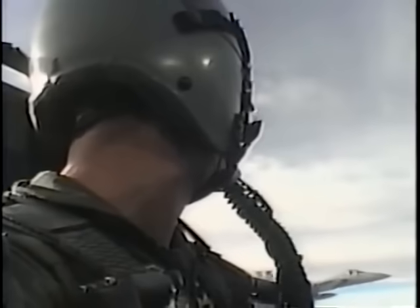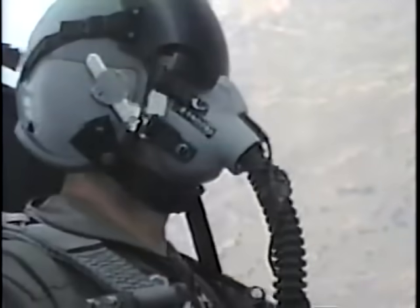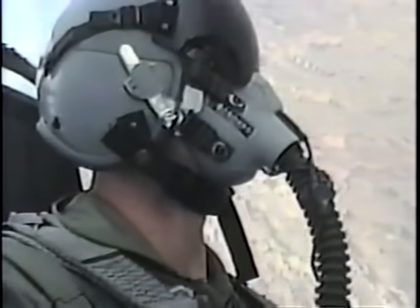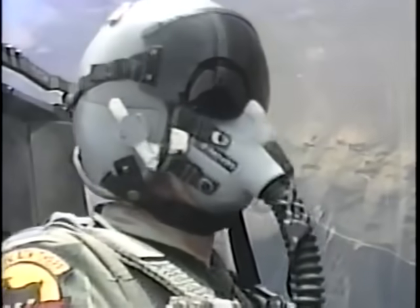My first merge on today's fight, I was flying on the wing of my number 2 man, who has the lead because he's got the good radar. My first pickup on the T-38s was a visual pickup as they flew over the top of us. He flew over the top of my airplane and started a conversion down,